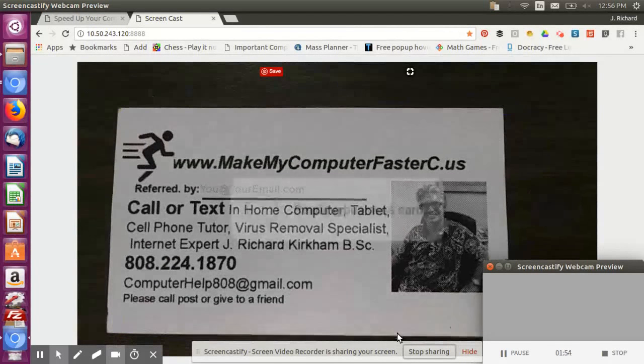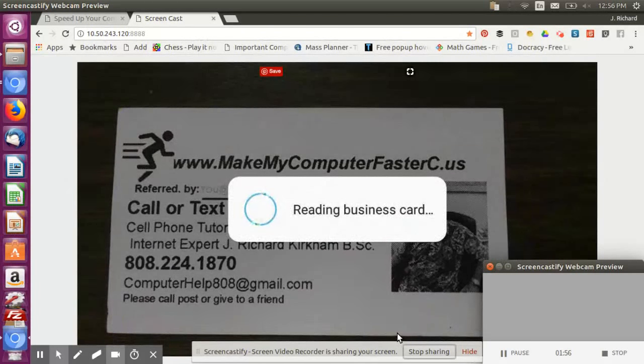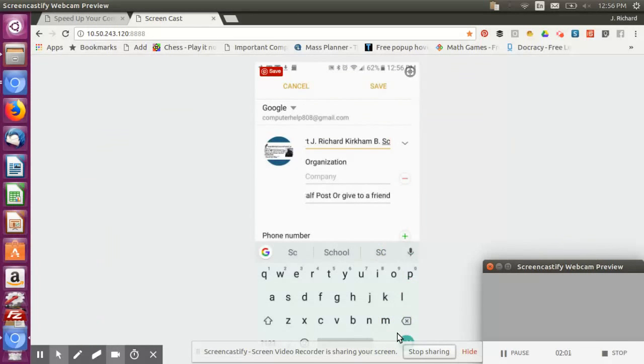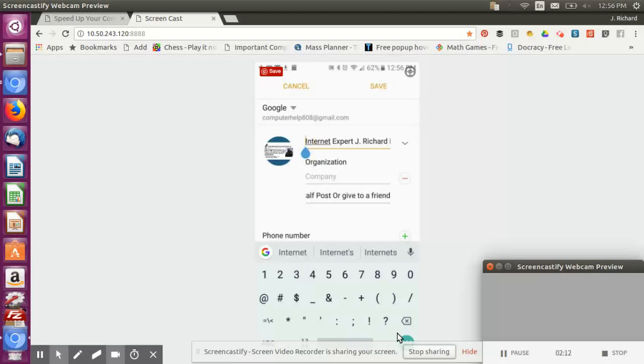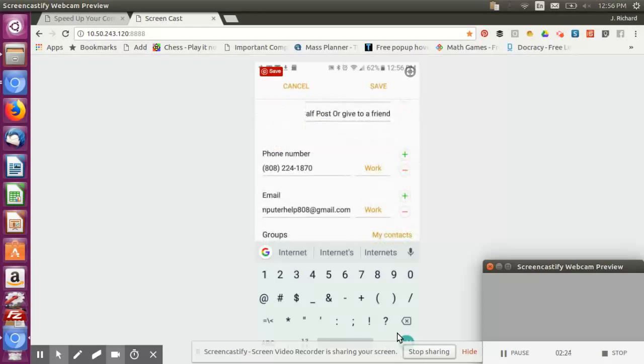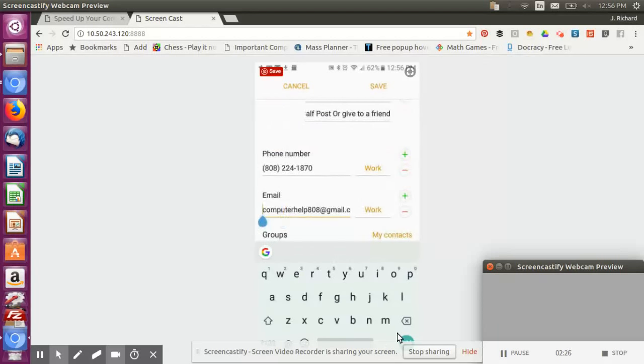There it goes. Heard that little noise there. Reading the business card. And it actually did a pretty good job here. Here's my name. It also has this extra information right here, and I think some of this stuff is a company. This actually comes out better when I've scanned other business cards, but there's my phone number, email address,